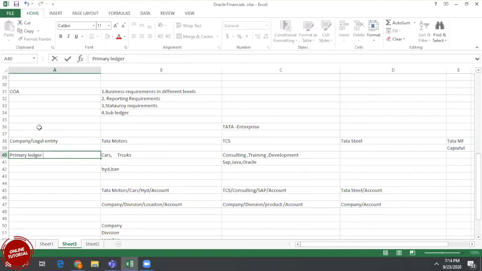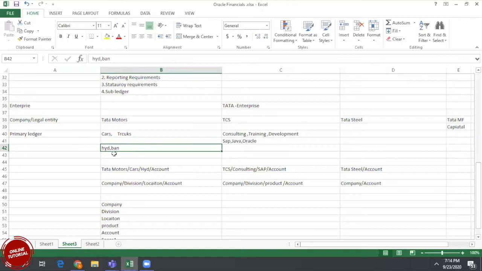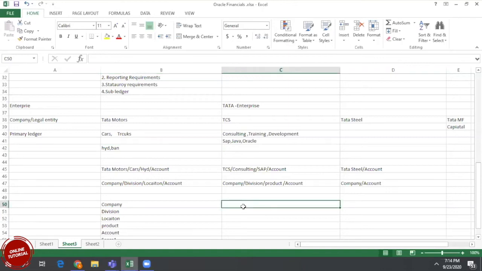So here we have the enterprise structure. Under the enterprise structure, we have legal entity and we have ledger. Under the ledger, for example, Hyderabad and Bangalore are two different locations. Here they want security. If they require security, what do I need to do?